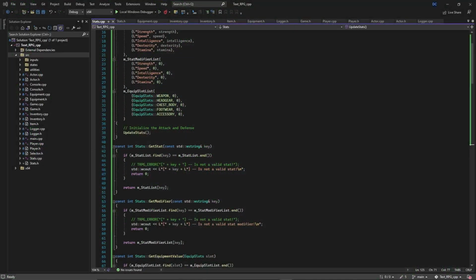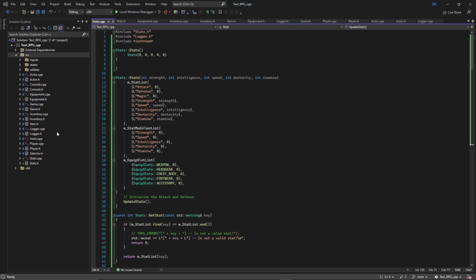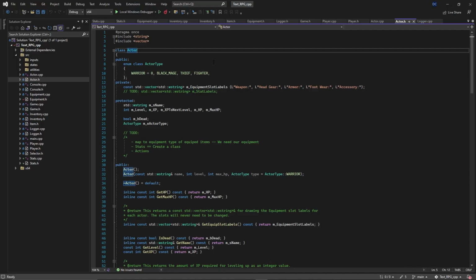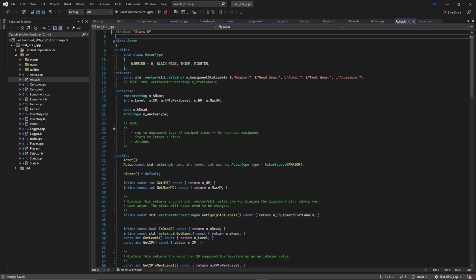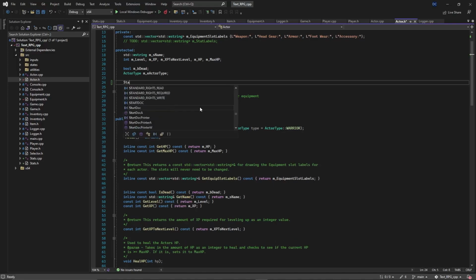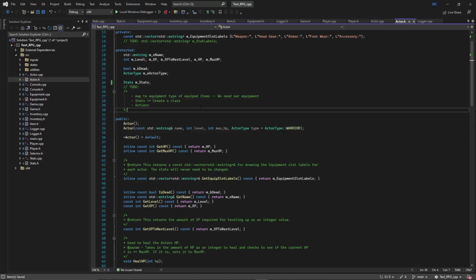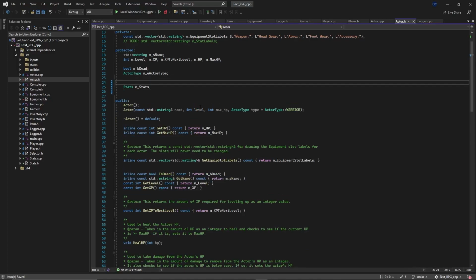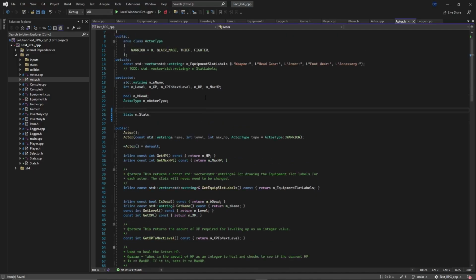Alright guys, let's quickly add the stat class that we made in the last video to the actor. In the actor, we're going to want to come back here and include our stats. We'll make that a protected variable and we'll call it stats. Let's take this out of here. We're still going to have some to-dos, but we'll add the stats, and then we're also going to need